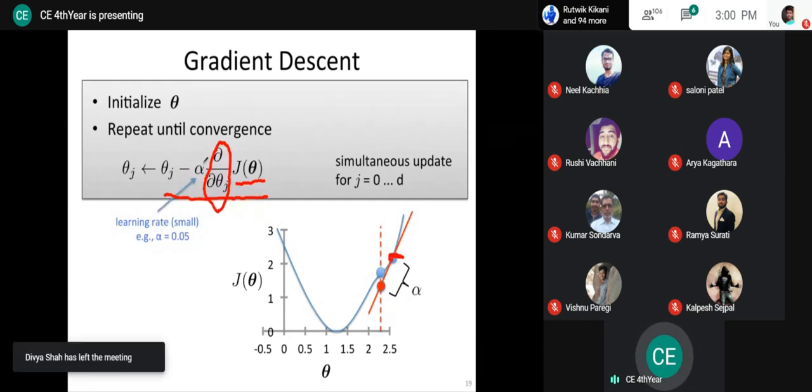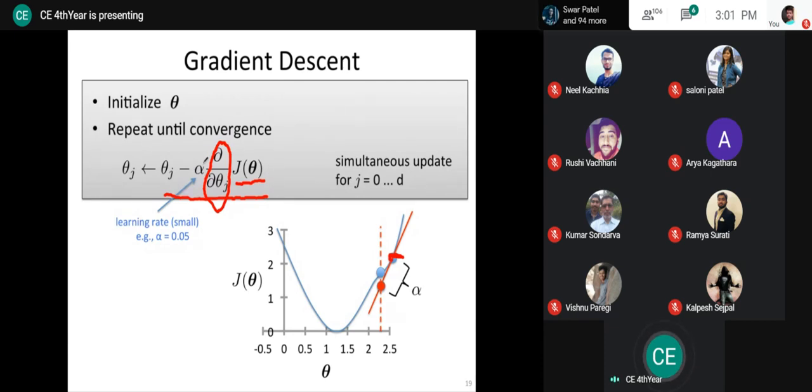While theta is a parameter, all the theta values, no matter whether it is theta 0, theta 1 up to some theta d, I will in general refer to it as theta. That theta is a parameter value means it is tuned by the learning algorithm, that is this gradient descent. But this alpha, the learning rate, is a hyperparameter that we are supposed to identify. The best value should be identified by us, and that varies from data set to data set. So we should try different alpha values and observe the performance of the different alpha values.